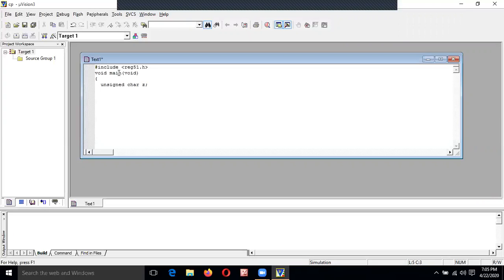After declaring the variable, let us use it in the for loop. The syntax of the for loop here is the same as how we use it in C program. I will take a smaller value here, i less than or equal to say 15.